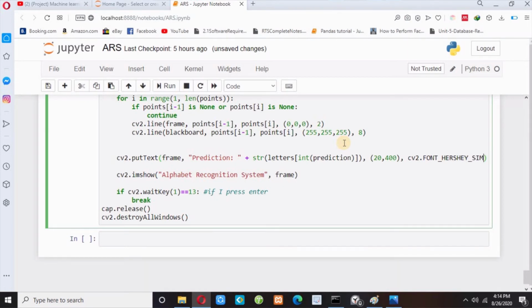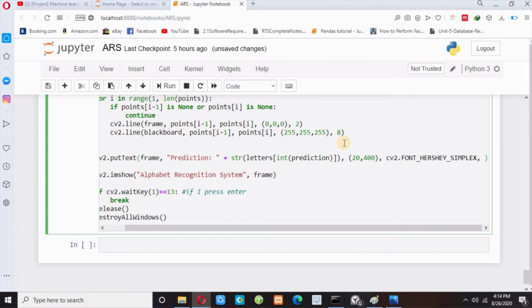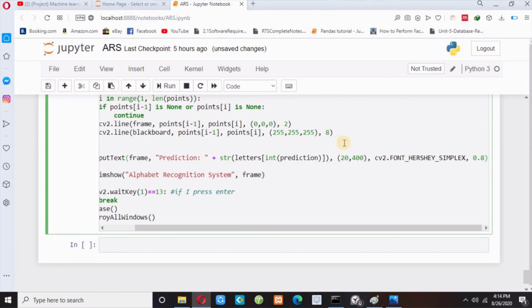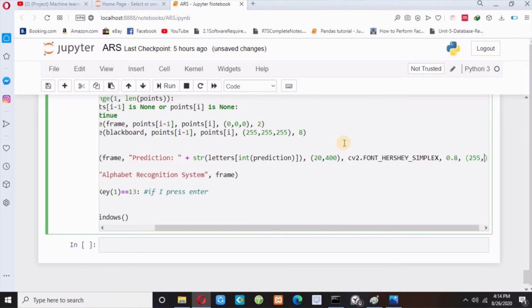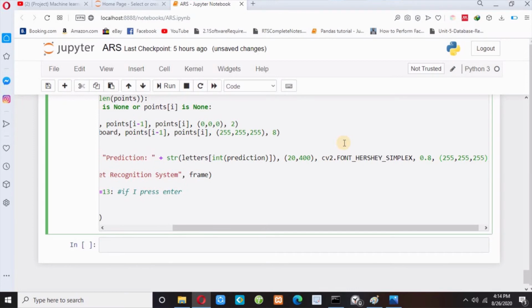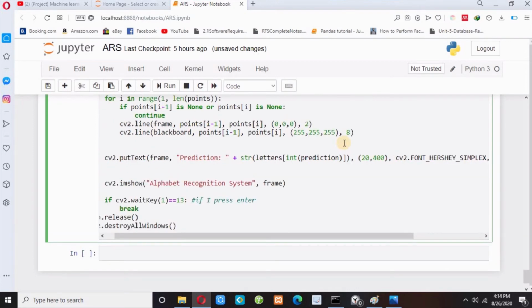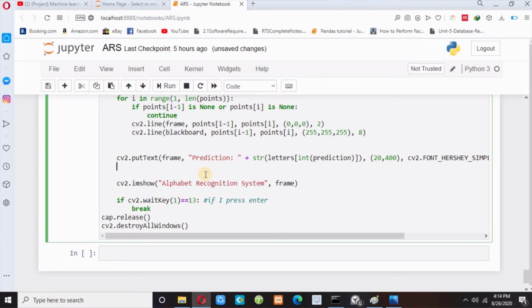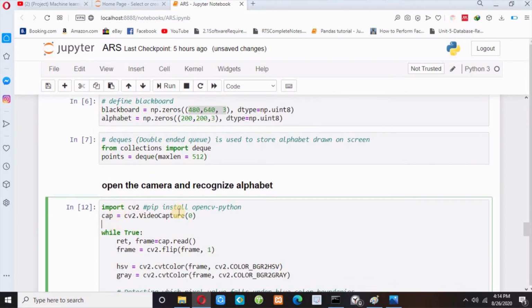So this is the font style, simplex, and then 0.8 is the scale factor, and then 255 and 255 means this is the color, white color, and then 2 is the thickness. Guys, I think I have completed my code, and one thing I have to write here: prediction equals to 26.